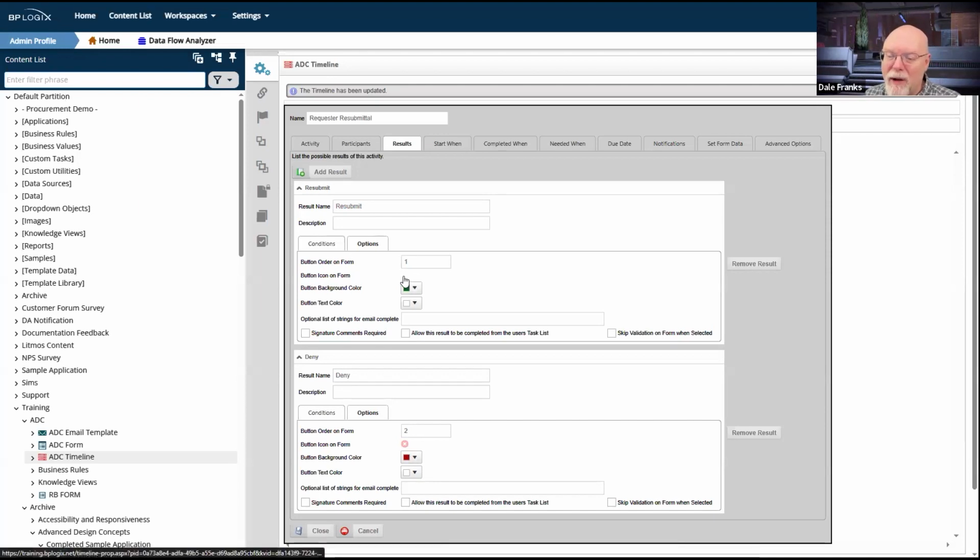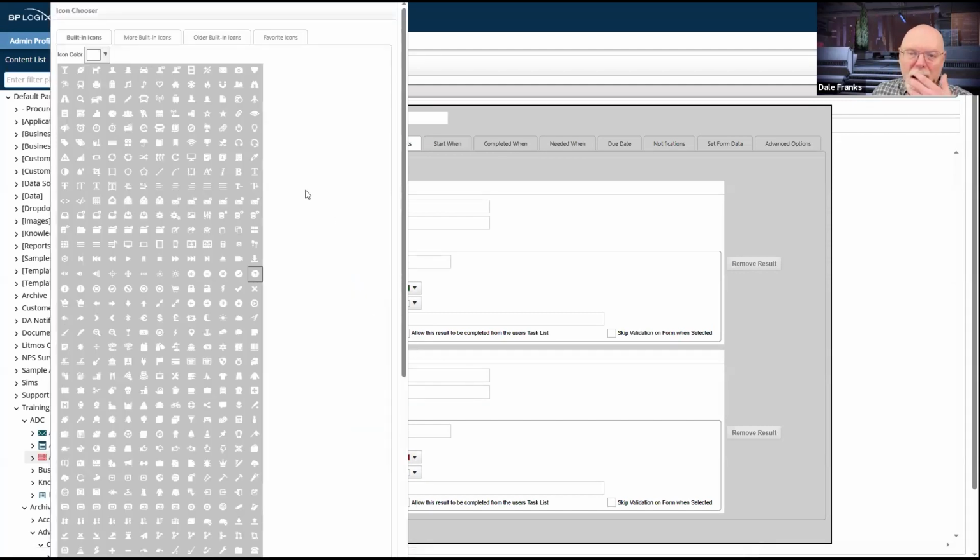Now, this is one thing I don't like here. I can't actually see what my icon is. Here, I've set the icon as being slightly pink so that I can see it, but I can't really see it here unless I click on it. And we have made a change to the icon chooser. So if you do pick a white icon, we actually change the background to a gray. Honestly, I think it could be darker, but we do change it to a gray so that I can see what the icons are if I've chosen a white icon.